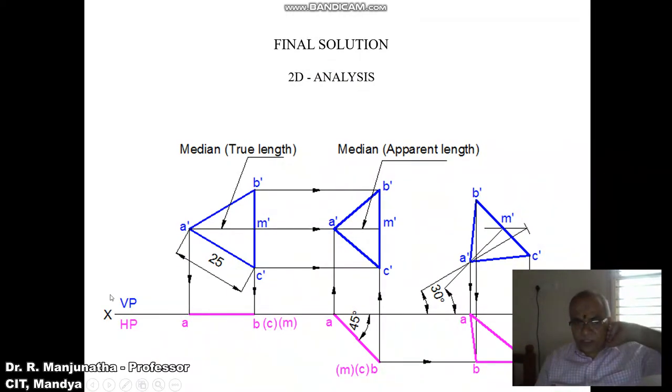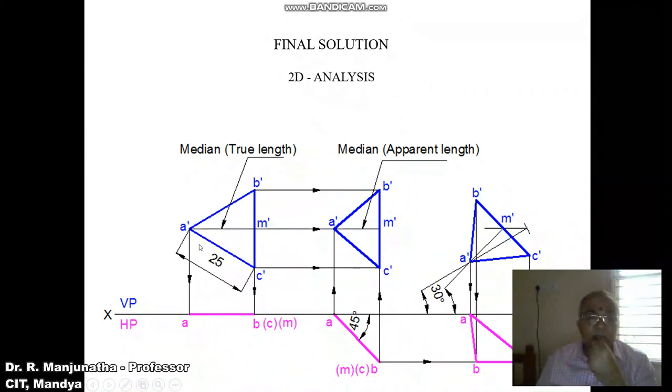First we will solve the problem in the sketchbook. First we draw the XY line, and you mark XY, VP and HP. As it says one corner is on VP, obviously you start the problem from the vertical plane. Since it is a triangle, an odd number size, the corner opposite is always a side. So one end is a corner and the other end is a side.